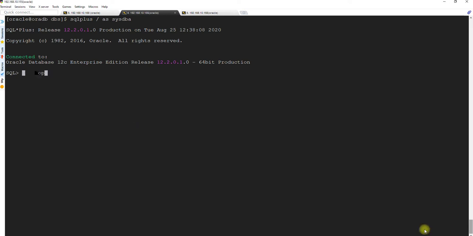Let's check the values. Show PDBs. Everything is fine or not? Yeah, it's perfect. Now we need to rename the container database. I will come up with a video on how to change the name of the pluggable database. You will find it in the multitenant section of my Oracle Inventory channel, where I have performed the rename of a PDB. So we will not look at that.